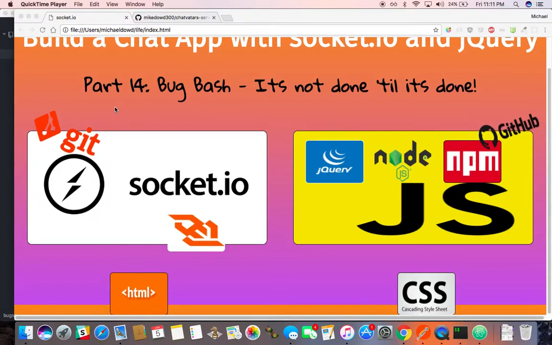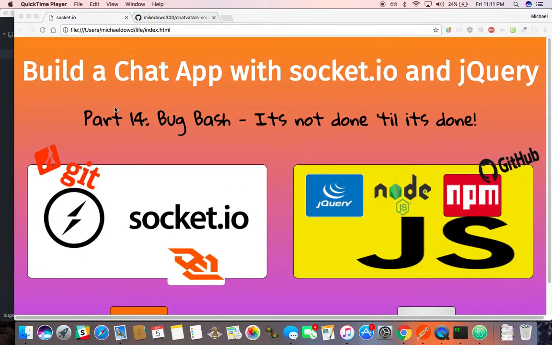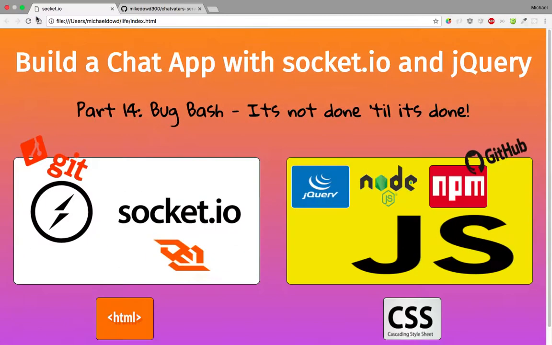Okay, it's episode 14, and welcome to Build a Chat App with Socket.io and jQuery. And I think that's the first time where I actually read it the way it is. I mean, I wrote it, so it's not like I don't know what it says. Well, in part 14,